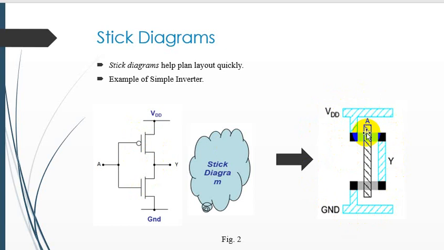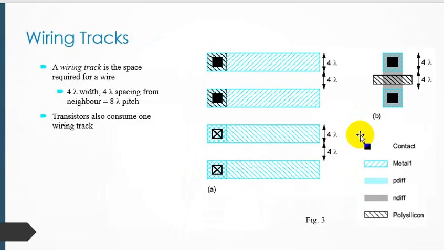In the layout design lecture, we studied in detail how the contact is developed, what the metal is, and how it is connected with the diffusions. Here we just give an overview. In this figure it is very clear that the contact is shown as a black block, the metal as aligned lines, the diffusions in light colors, and the polysilicon as gray lines. So these are the basic conventions when we develop the stick diagram.